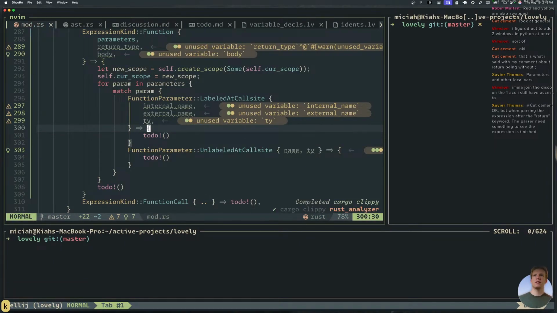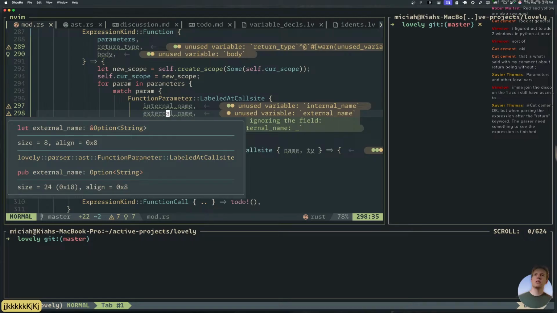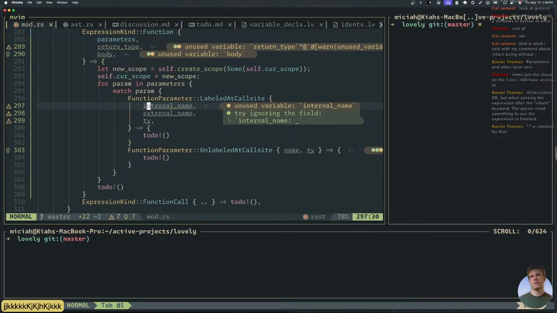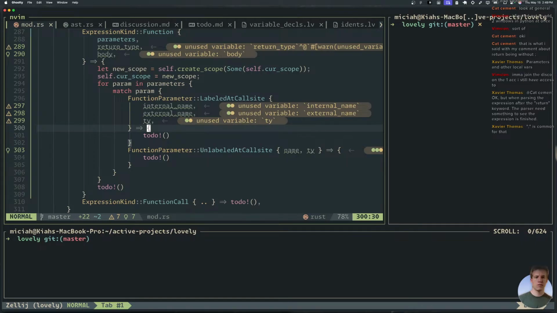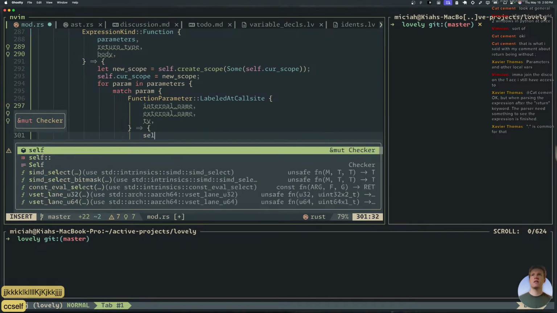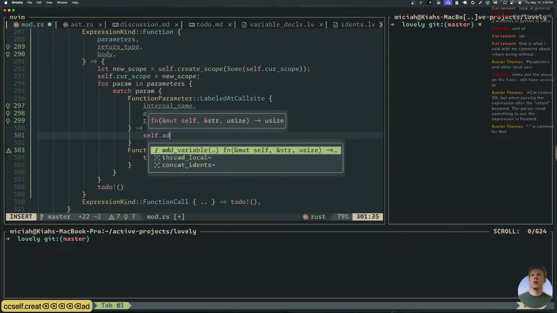So if it is internal name, okay, so we have like self.add_variable.